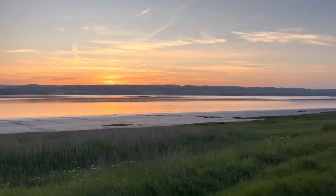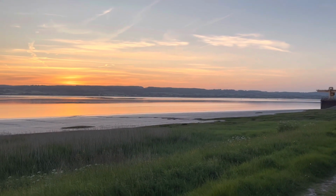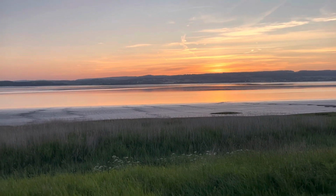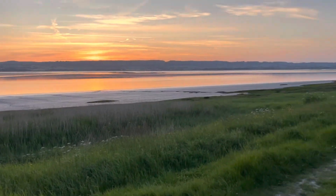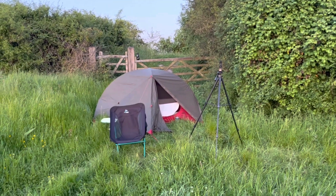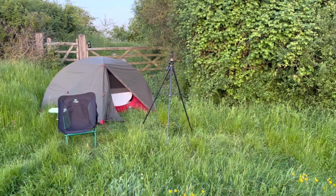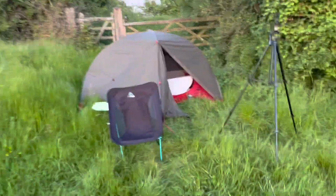I'm going to open my next beer, which is a New England double IPA by Brew York, from back in sunny Yorkshire, my home county. I'm going to enjoy that with what's left of the daylight, and then I'm going to head to bed. I haven't seen anyone for quite a while now, so I don't think I'll be disturbed tonight. If I am, I'll let you know. There's camp for the evening. Looking forward to a good peaceful night's rest after my exertions of the day. Not that it's been a long ride, but